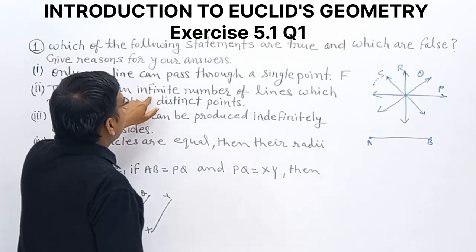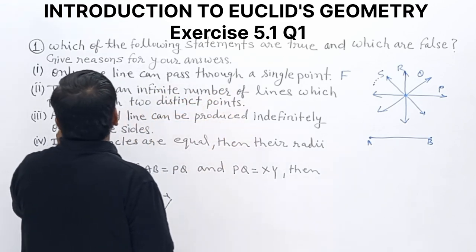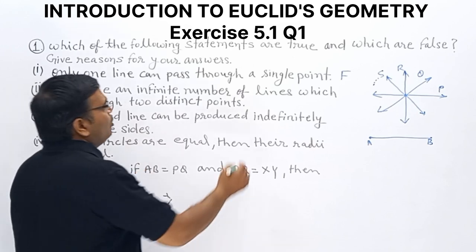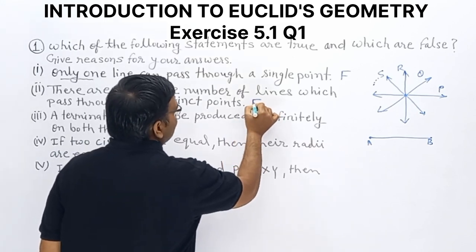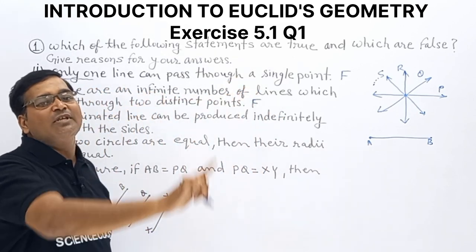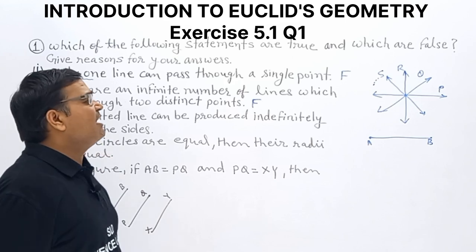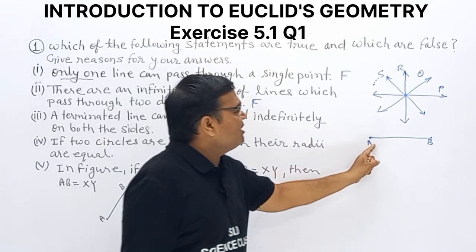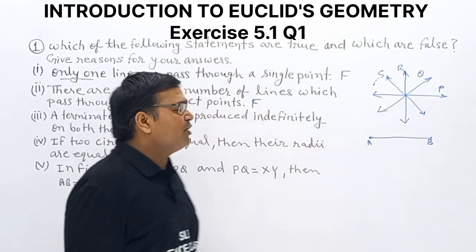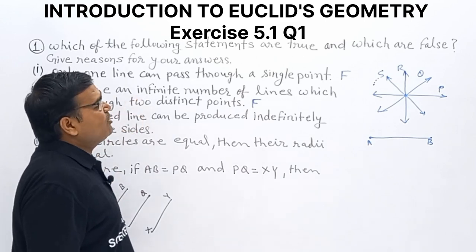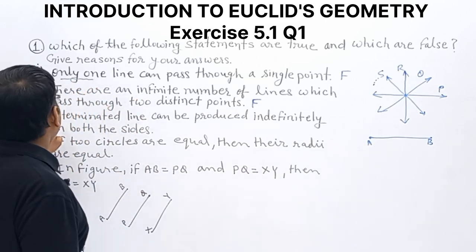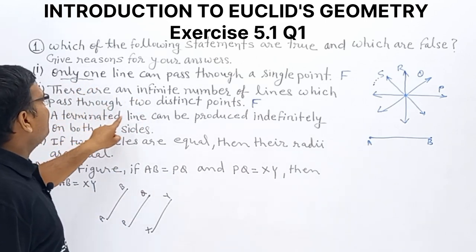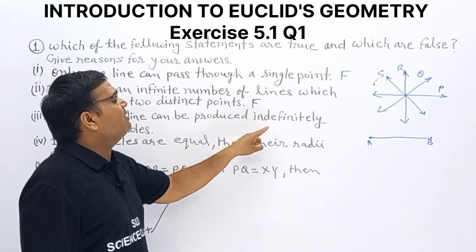There are an infinite number of lines which pass through the 2 distinct points? No, this one is also false. Through 2 distinct points, only one straight line can pass. So this given statement is false. Clear? Third one: a terminated line can be produced